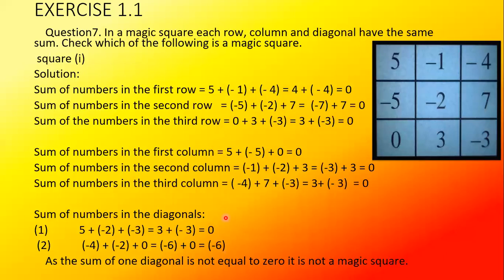In the same way, you do the second square. For the second square, you look at the question in the textbook. The numbers are 1, -10 and 0. First row: 1 plus -10 is equal to -9. If we add each row, each column and diagonal, you are going to get -9 as the answer, so it will be a magic square. But that question you have to do yourself. Now we will move to the next question.